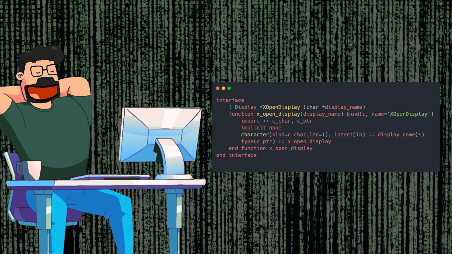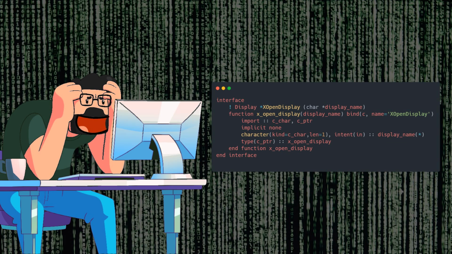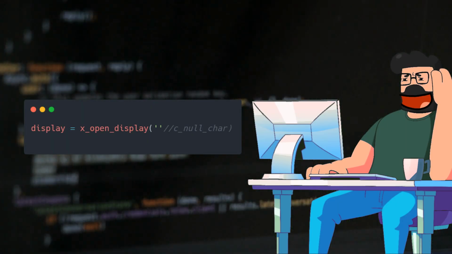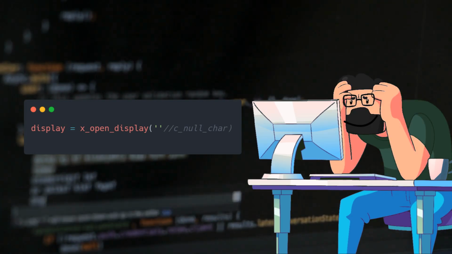By tweaking the interface in the Xlib module and being mindful of Fortran string nuances, we can pave the way for a smoother interaction with Xlib functions. The key adjustment involves explicitly defining the string length in the function interface, bridging the gap between Fortran and C string handling. Building upon the initial modification, the next step in resolving the Fortran C conundrum is in how we